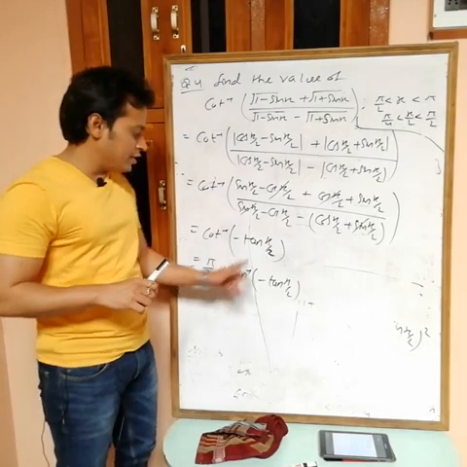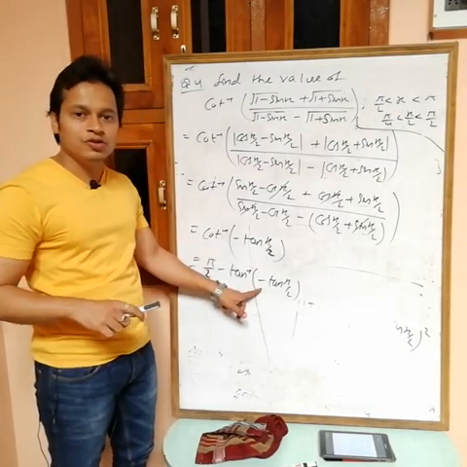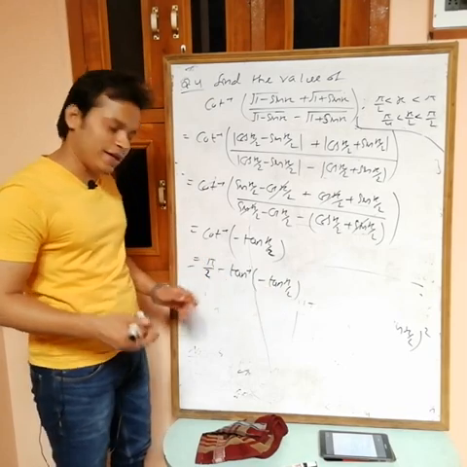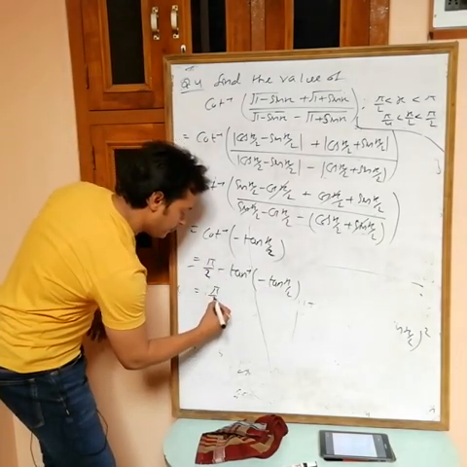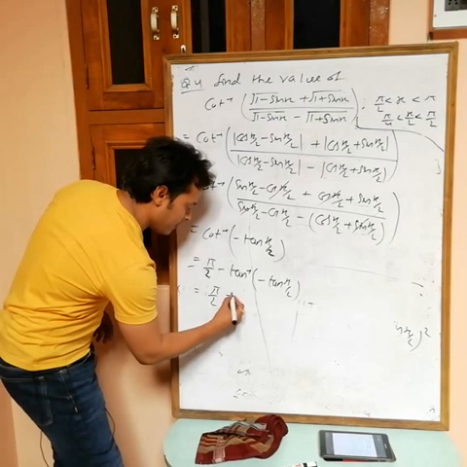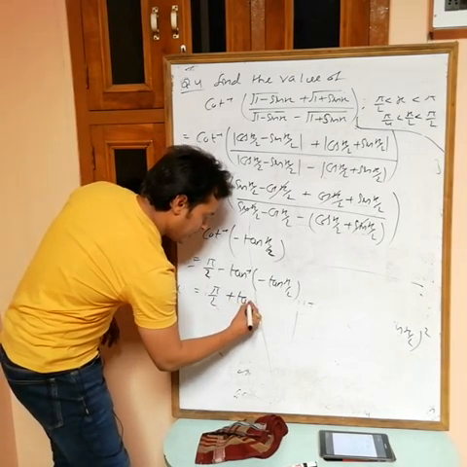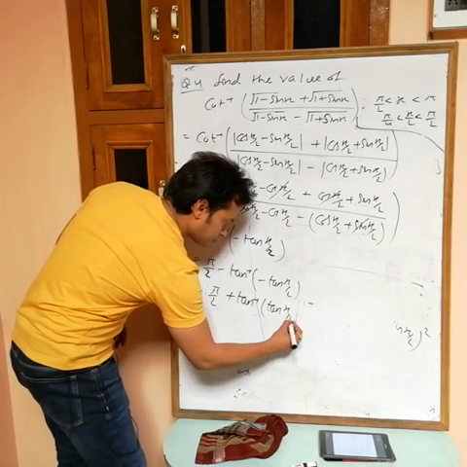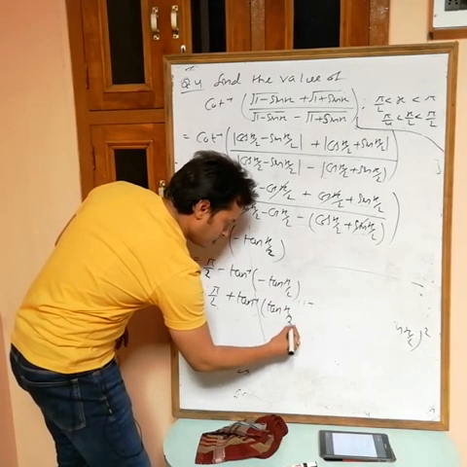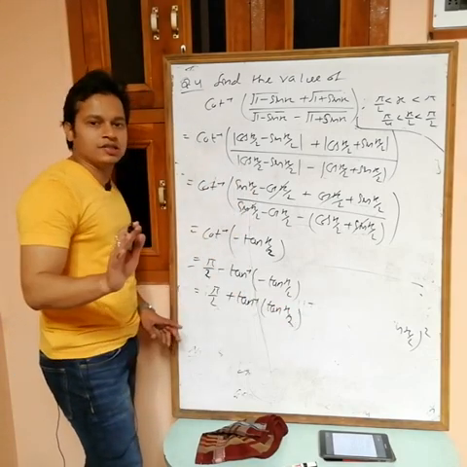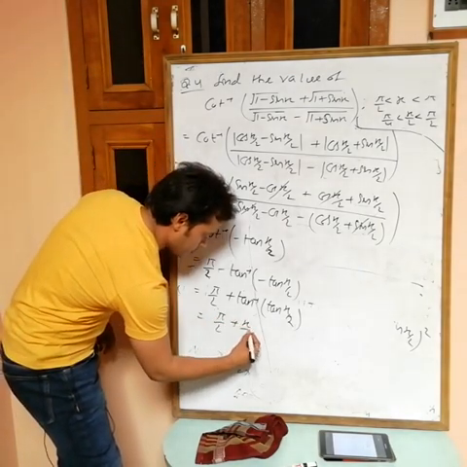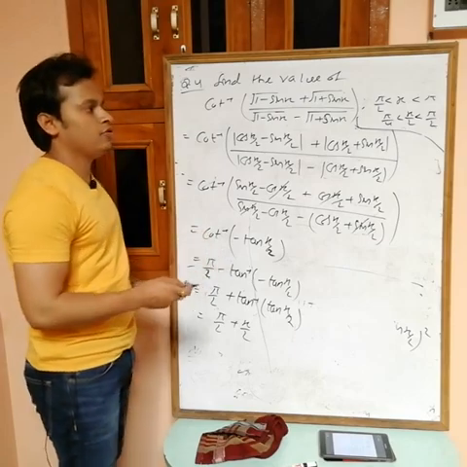Now I want to cancel out tan inverse to tan, but here we have minus. No problem. Again we have property tan inverse of minus x is minus tan inverse x. So this minus outside, pi by 2 minus outside, what we are getting plus. So then tan inverse of tan x by 2. Now tan inverse to tan you can cancel out. No problem. So what we are getting, pi by 2 plus x by 2. This is the answer.